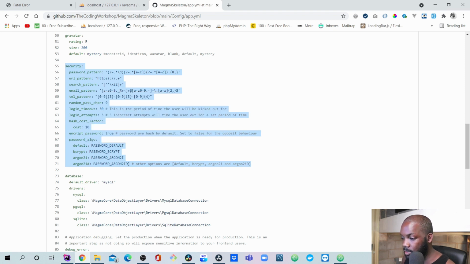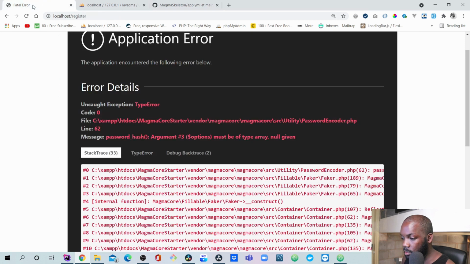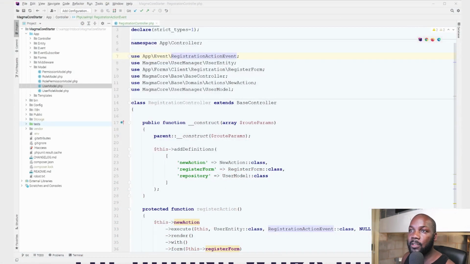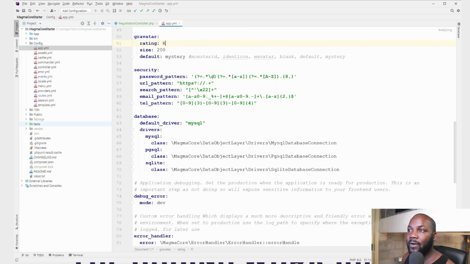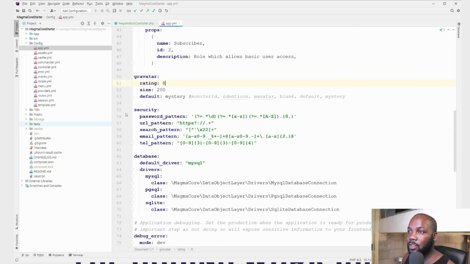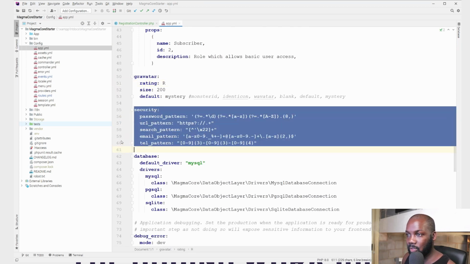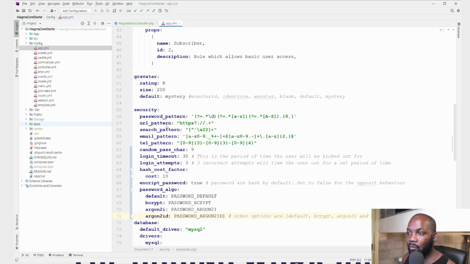Let's go back to our page. Let's switch my screen again. Let's go to our config, then to our app file, and you can see within security we've only got a few settings. To copy that, I'm going to paste in what we've just copied out, and you can see we add in a